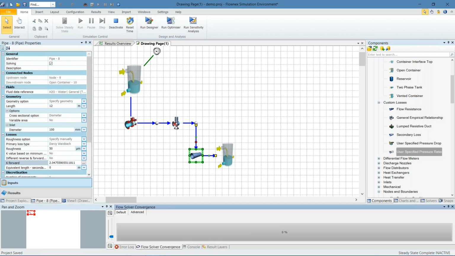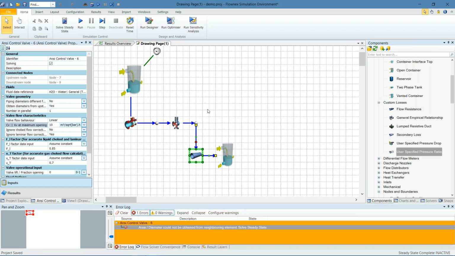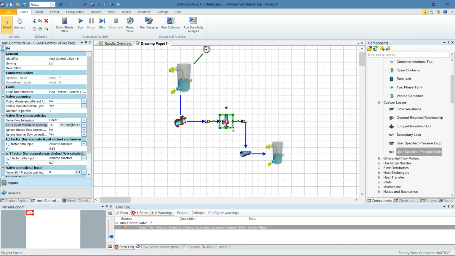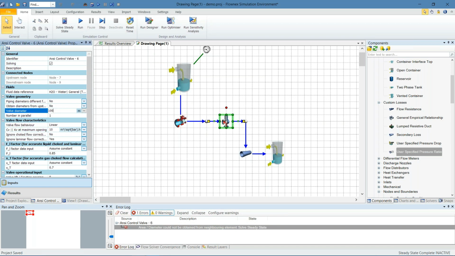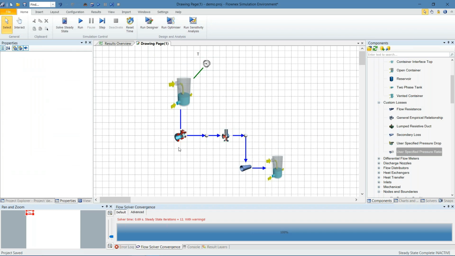So we solve again. Okay, the area diameter value. Because this pipe component doesn't have a pipe upstream, it needs a diameter specification as well. So if I add that, solve again. Okay, now we have a solution, at least the solver has completed. We still need to look at our results and just ensure that everything's specified correctly. But just in, what is this, 1, 2, 3, 4, 5 components,